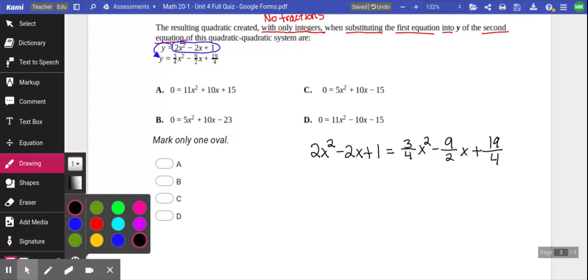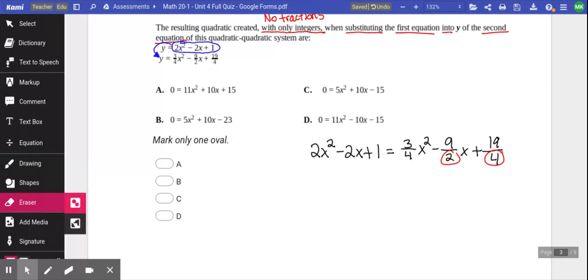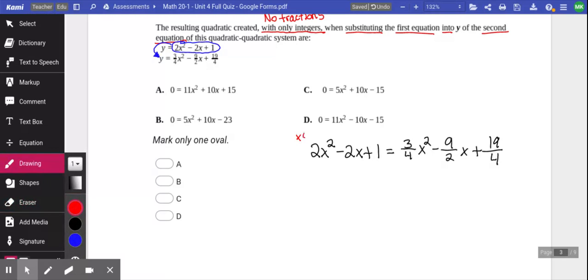If we look at our answers, you can tell none of those match. It's not even close. The first thing I noticed is that none of my answers have fractions, which makes sense because the question said no fractions. It said only integers. So to get rid of these fractions, I have to look at what's on the bottom and find a number I could multiply by that would get rid of all those fractions. The answer is multiplying by 4. So if I went ahead and multiplied everything by 4,